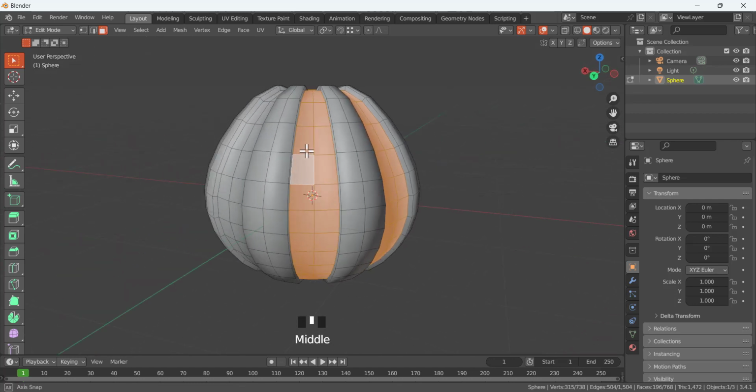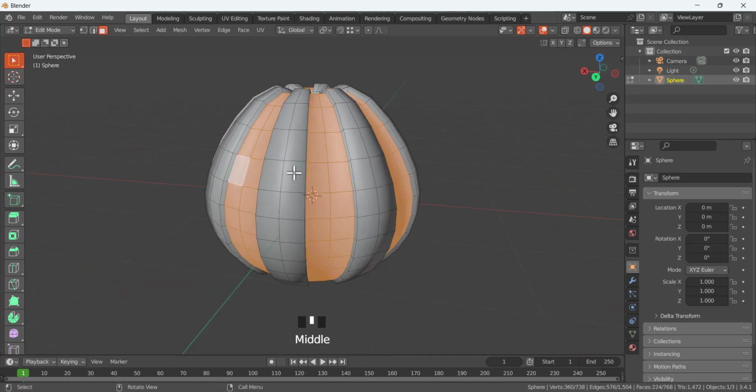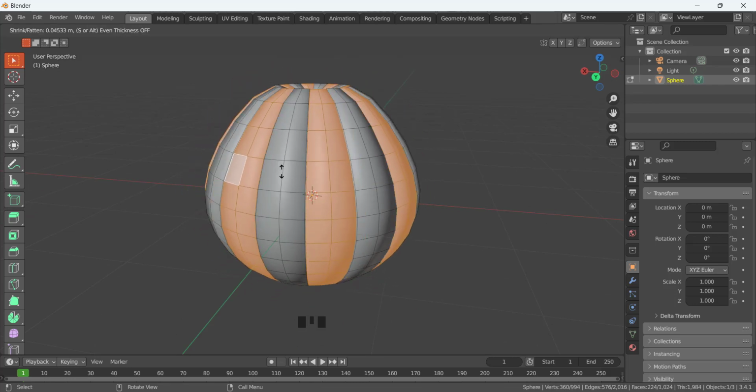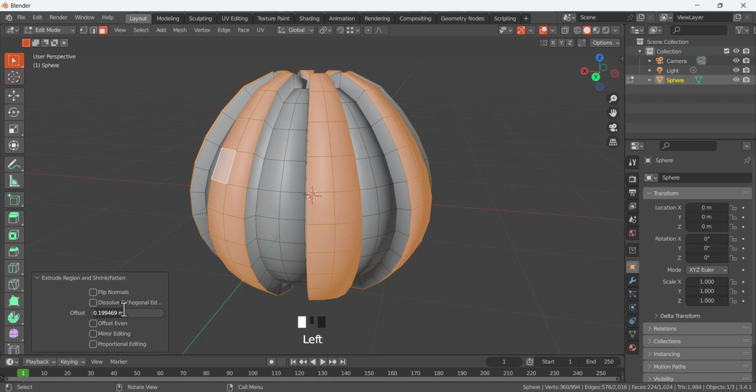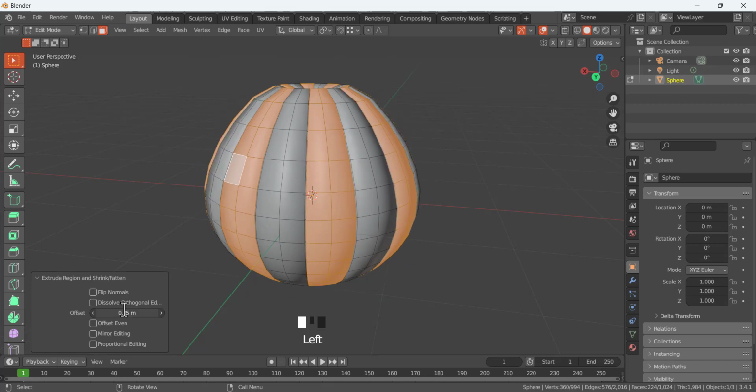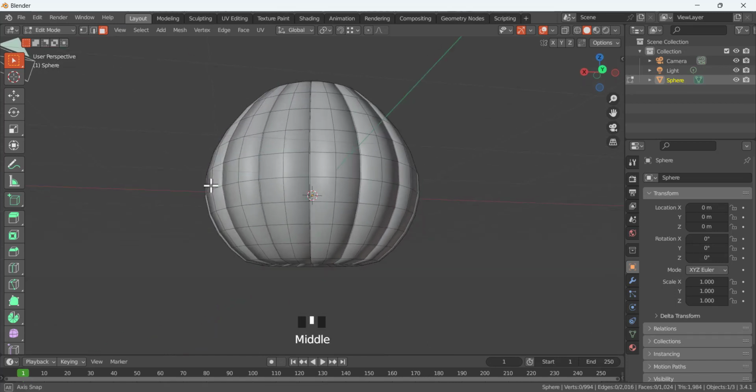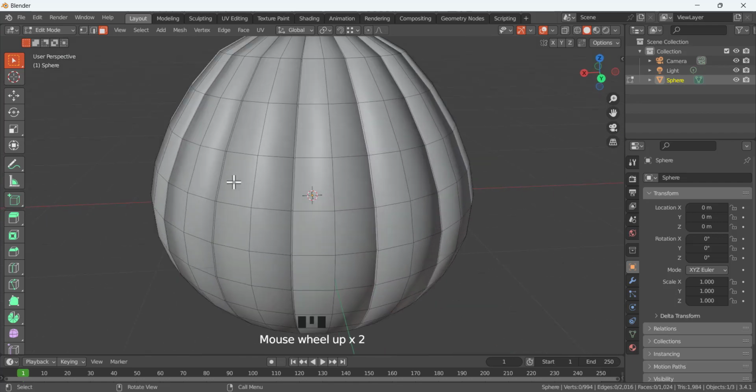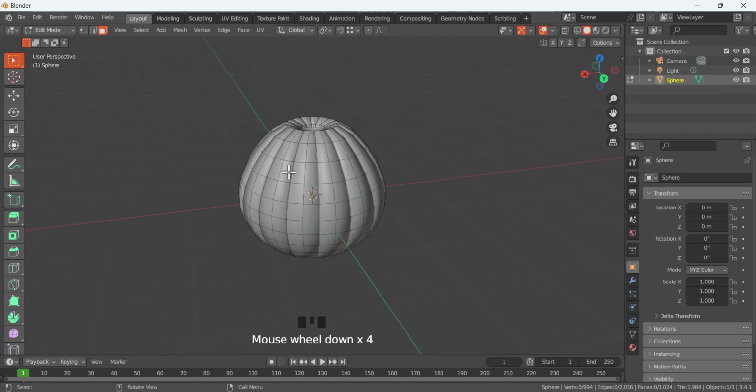So basically all of them, then press Alt and E and extrude faces along normals and make it outward. And here same we are going to type 0.05. Okay, and so we have a shape like that, and here we are going to